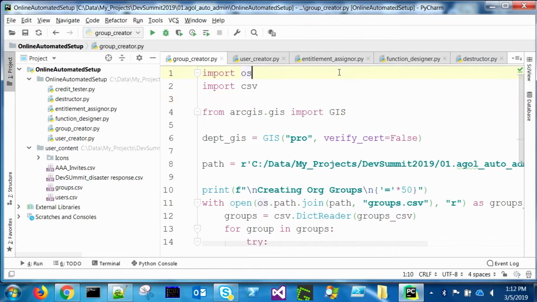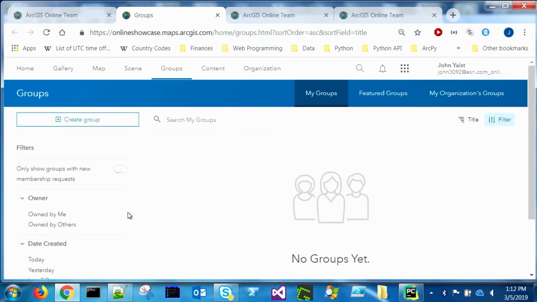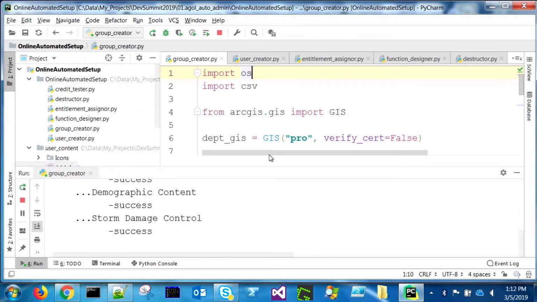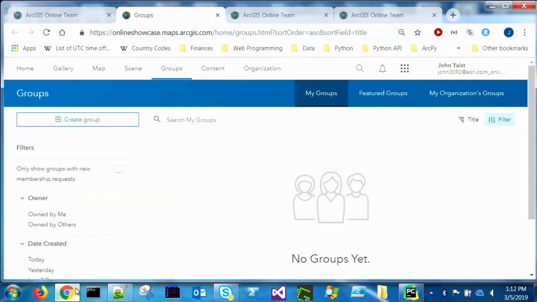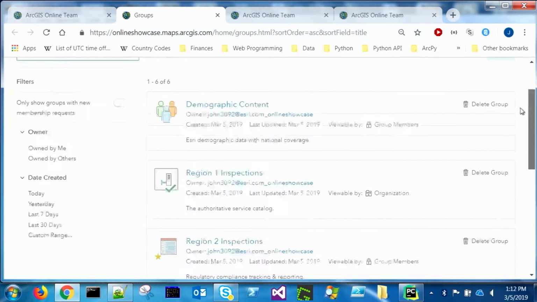So first thing I'm going to do is run this script that creates a number of groups in the organization. First I'm going to show you, I don't have any groups that are assigned under my login, but I have now run this script that is creating groups, and we can go back here and take a look and see that now I have some groups that the script created really pretty quickly,